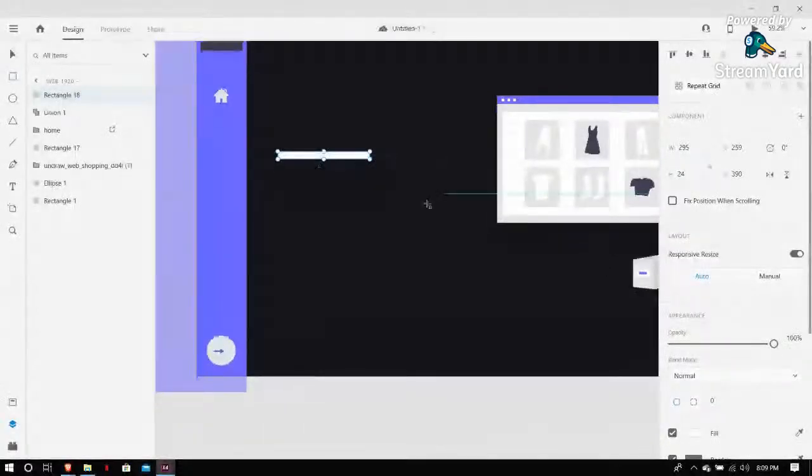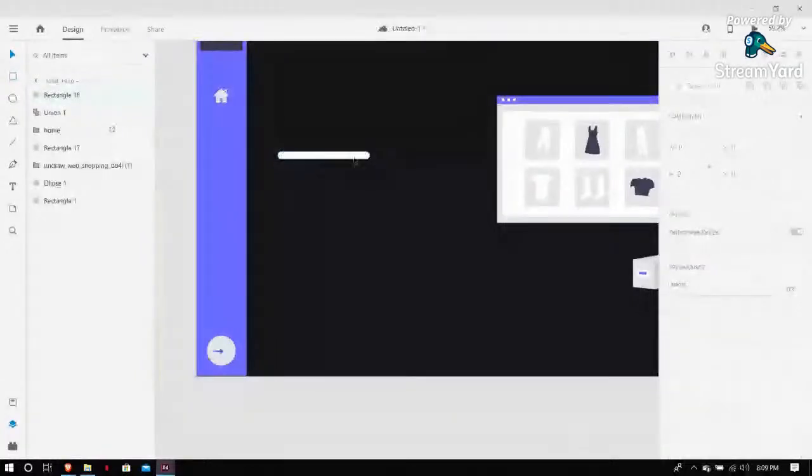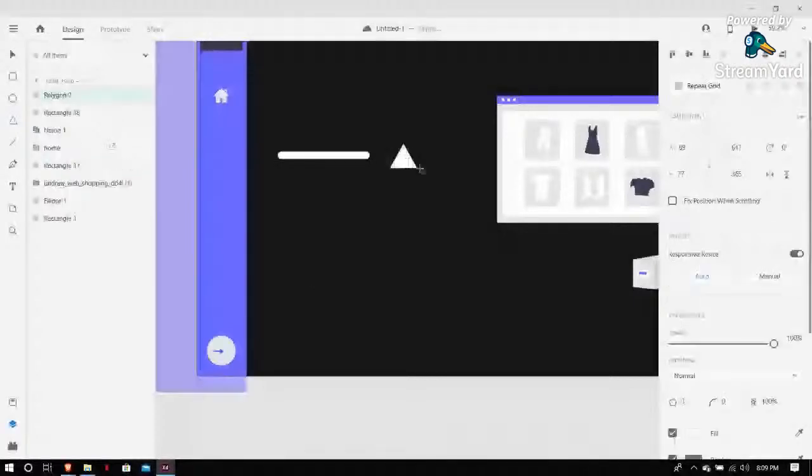If I select 50 radius and press enter, you will see the curved edges over here. Now if you want to place a triangle, just this. And if you want to rotate any element in XD by 45 degrees, then you will have to,